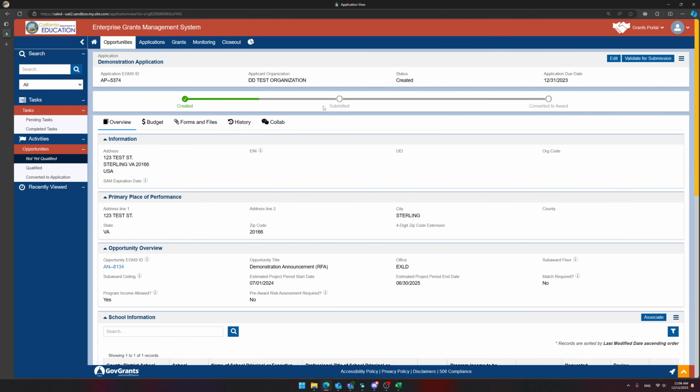From there, we would go ahead and submit the application, in which case CDE will then go through the application review process that they set up as part of the program in RFA. And then if selected, the application will eventually be converted to an award, where an award will be drafted and again will be issued. And that's essentially the application submission process from the grantee side.